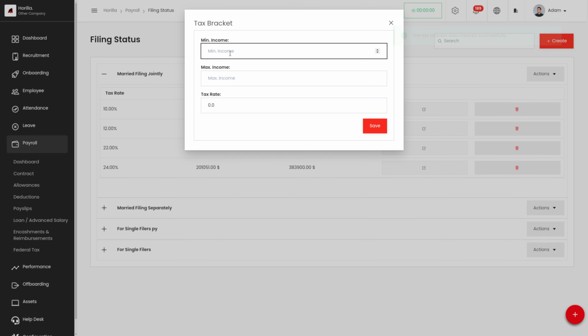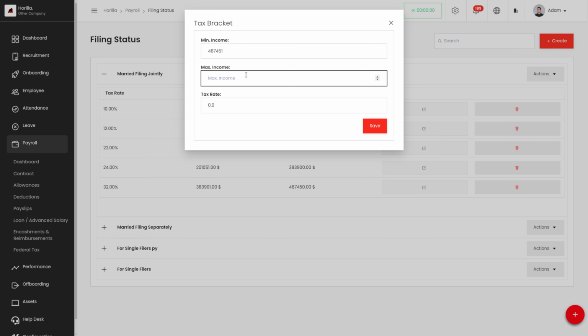I'm setting the minimum income as 383,901, and the maximum income is 487,450. Let's set the tax rate, which is 32, and let's define the next one.